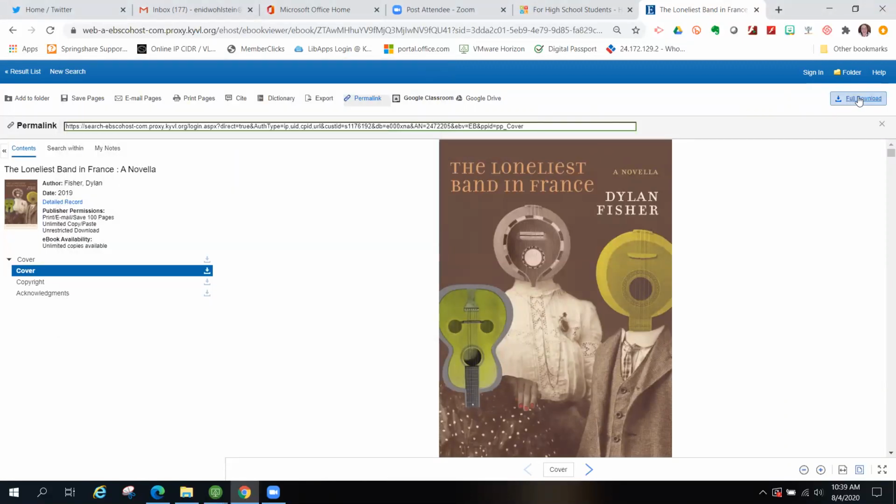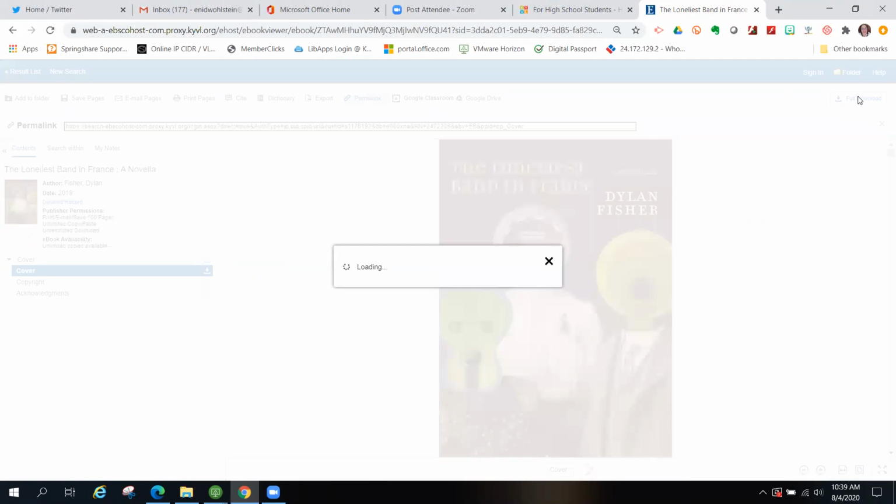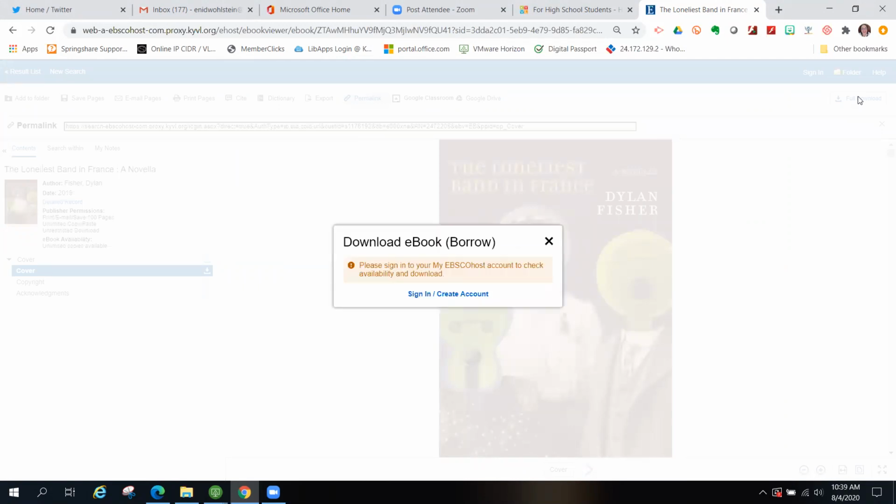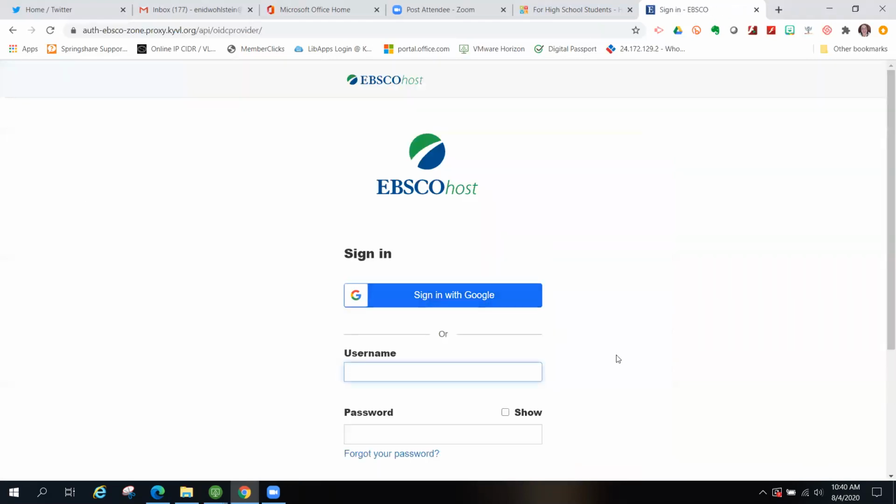There is an option over here on the right to do full download, and let me explain that. All the ebook collections that we have, you can download the book, and it's not dissimilar to using Overdrive from your public library. You have to create a personal account to EBSCO to download the ebook. But what's awesome about this, if you do that,